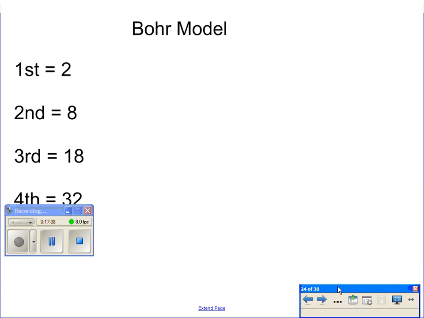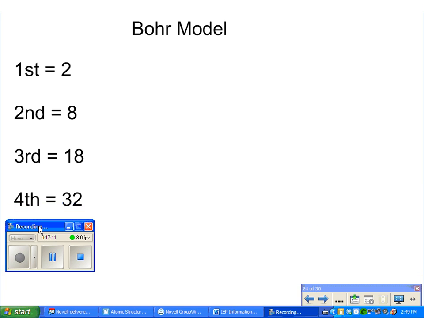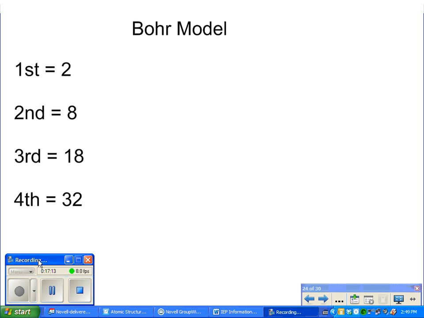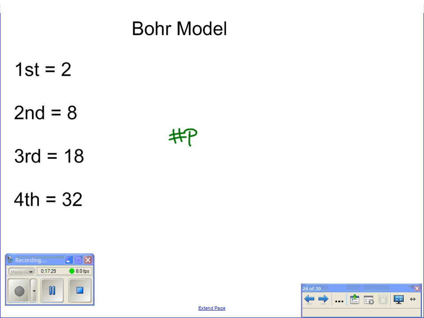A Bohr model of an atom is going to show what or how many particles there are in the atom itself. You've already seen me draw a couple. So a Bohr model, though, is going to show the number of protons in the nucleus, the number of neutrons in the nucleus, and then it's going to show the number of electrons on the outside